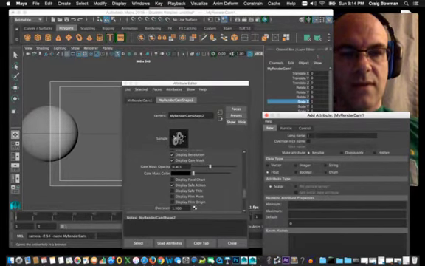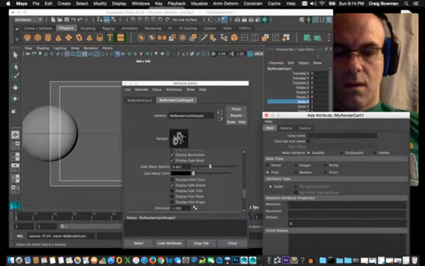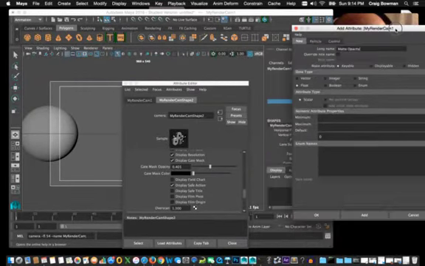All right, so let's add this. We'll give it a long name of matte opacity. Okay, we can add that attribute, and we'll give it a minimum value of 0 and a maximum value of 1. Okay, and it's a float, which is we want that to be able to,